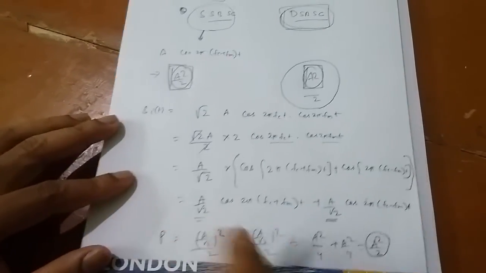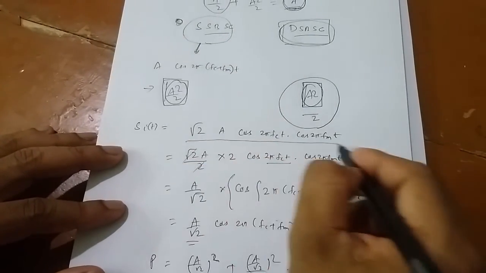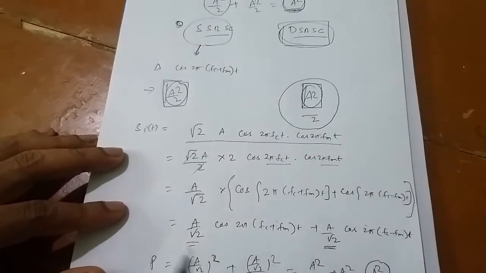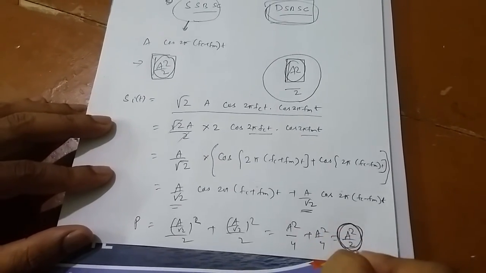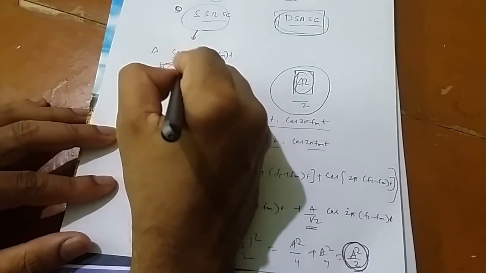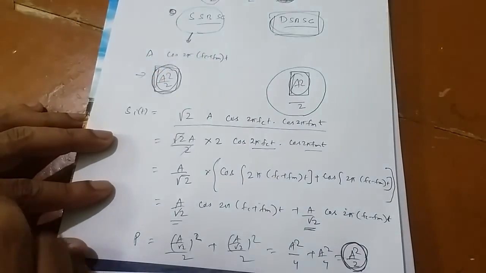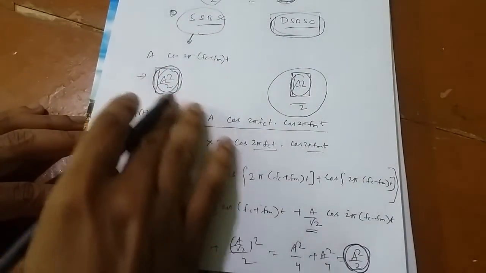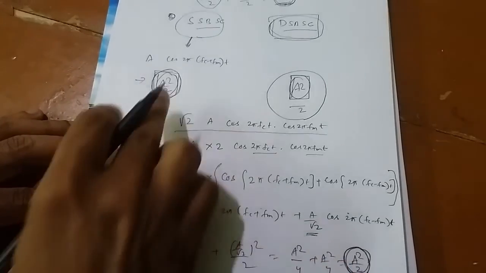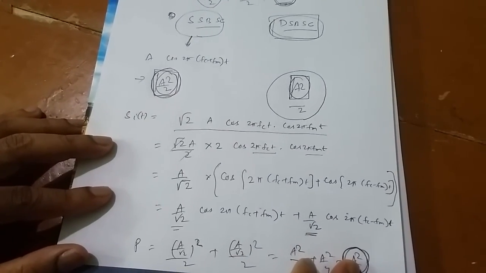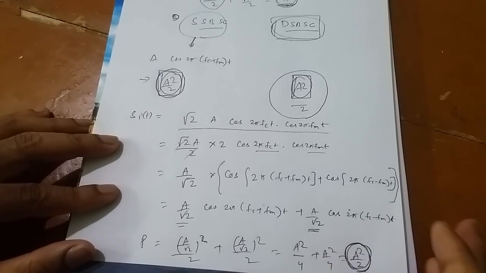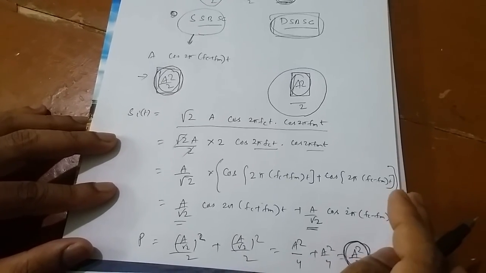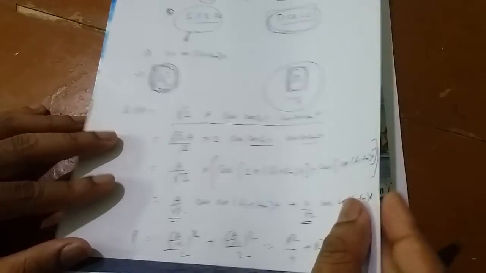Now you can see that we have taken such an expression for the double sideband suppressed carrier so that its power is coming as A square by 2, which is the same as that of single sideband suppressed carrier. Now the same input has been given in both the cases, so that a valid comparison can be done between single sideband suppressed carrier and double sideband suppressed carrier. What is the effect of noise?